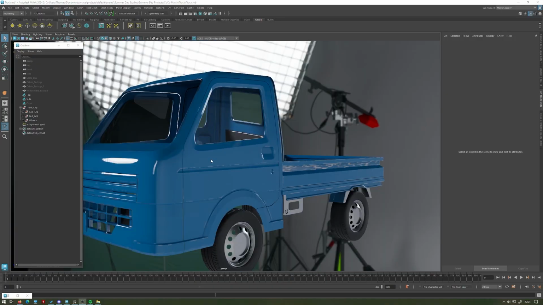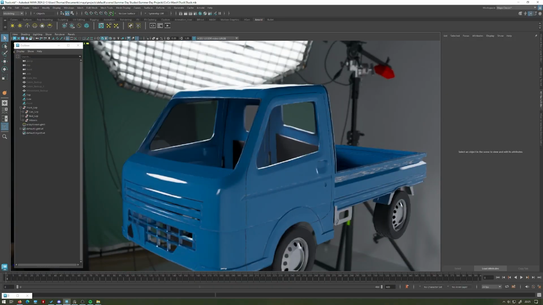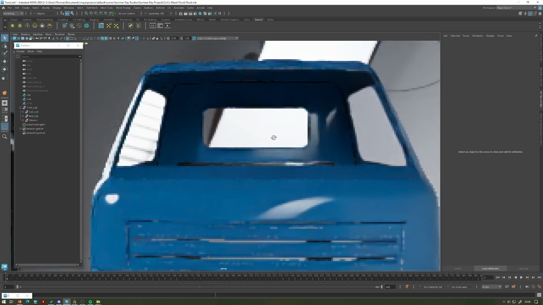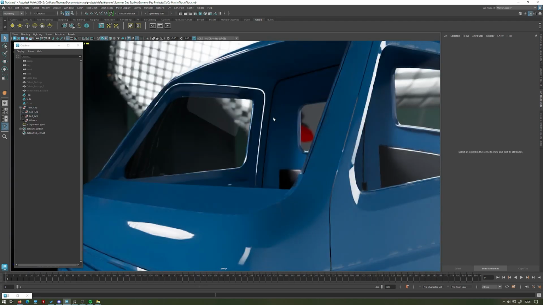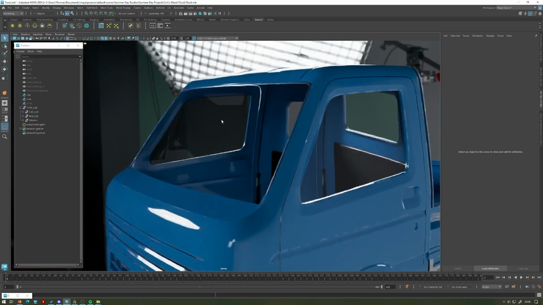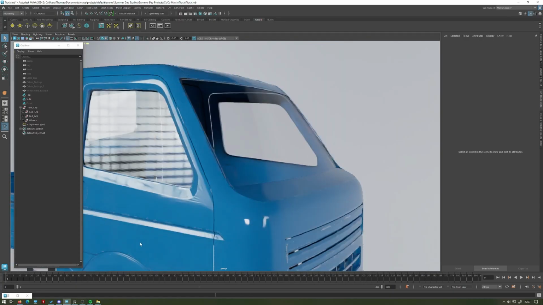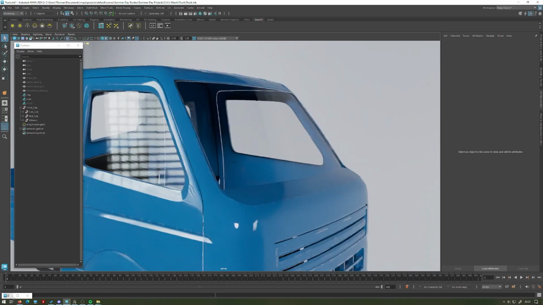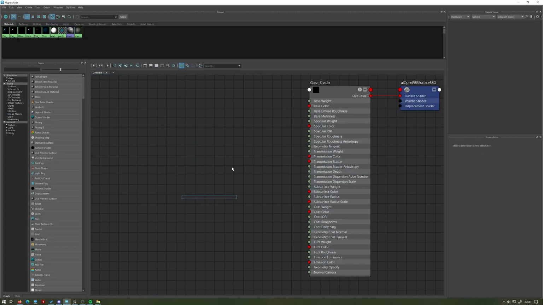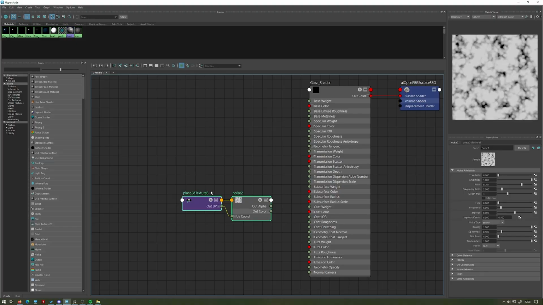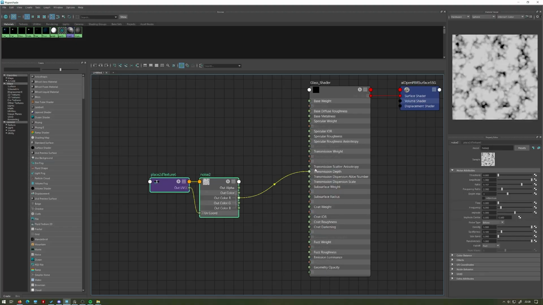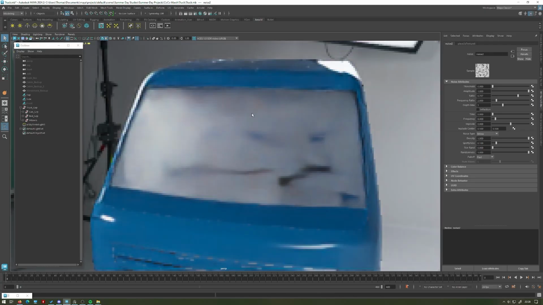Something else that we can do is apply a material to our windows to make them not quite as perfect, because windows eventually, like everything else, get a bit gritty. Even if you clean them, you're going to get imperfect reflections, okay? So we're going to use another noise texture to add those imperfect reflections to our windows. Let's open up our Hypershade editor again, press tab and type in noise again. We're going to take the noise texture, take the out color red and plug that into the specular roughness. Now, if we come back to our render, you can see our windows look like